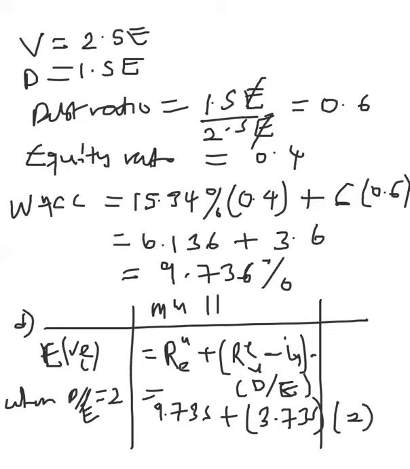So in that case, you have 9.736 plus 2 times 3.736,